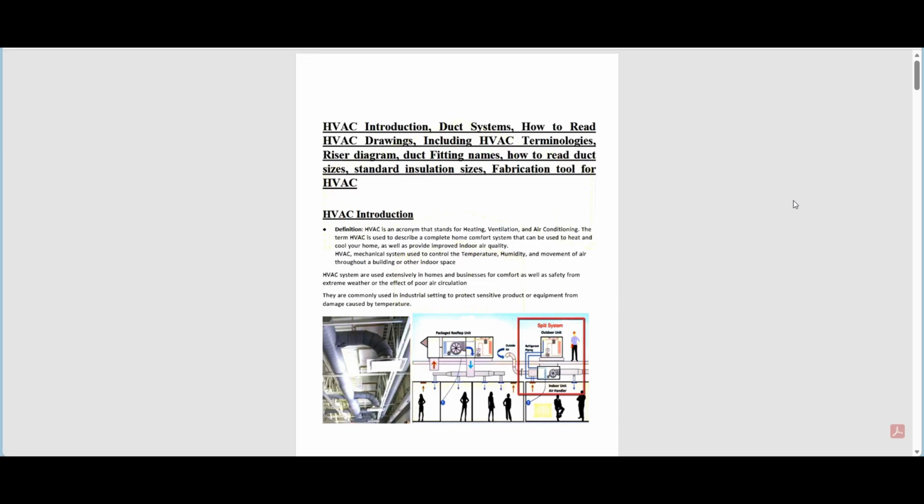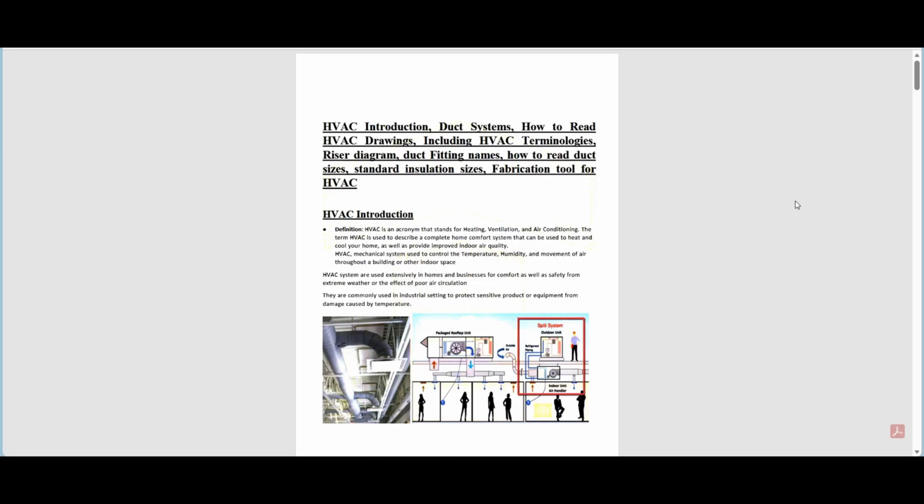So let's talk about today's portion, what we're going to be covering in our HVAC modeling. First of all, we're going to have a brief introduction about what HVAC is, and then we're going to be going to MEP Project Setup. We're going to have an introduction into the HVAC modeling. We're going to be learning about group ducts, accessories and model editing, placements of hangers, HVAC shop drawings, hydraulic piping basics, etc. And then in the last, we're going to be having a look at a real time project